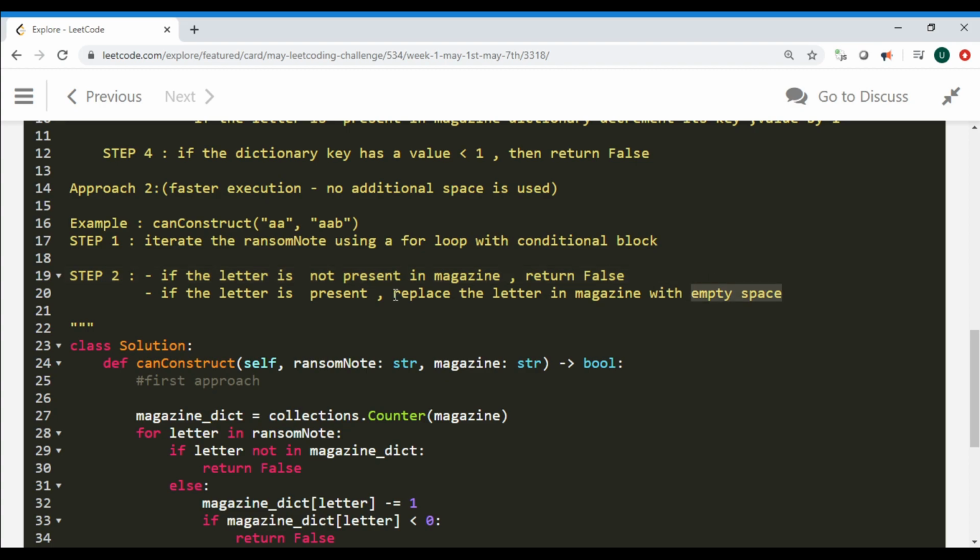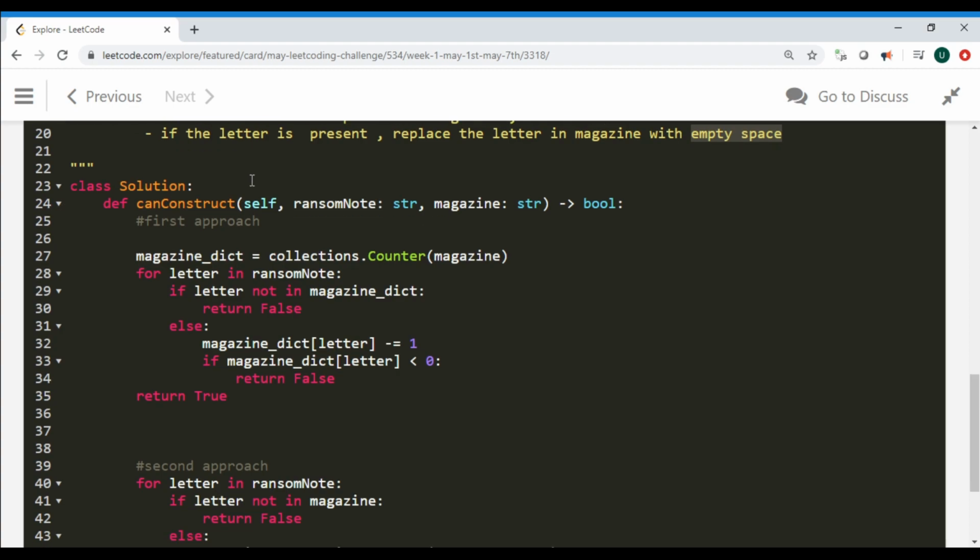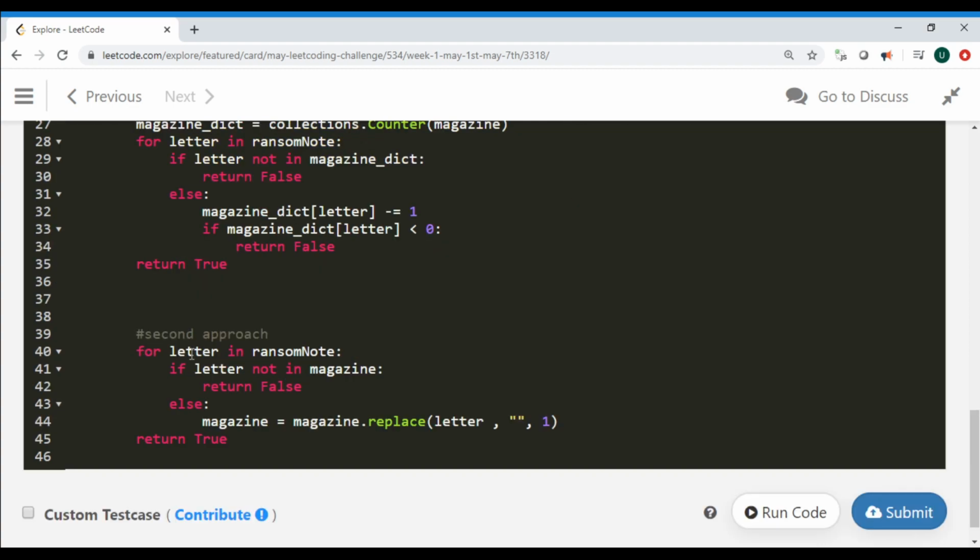This would actually remove the letter which we have seen in the for loop, so that we could work on the next part of the letters from the magazine. For this approach the code is fairly simple. I'm going to iterate using the for loop.